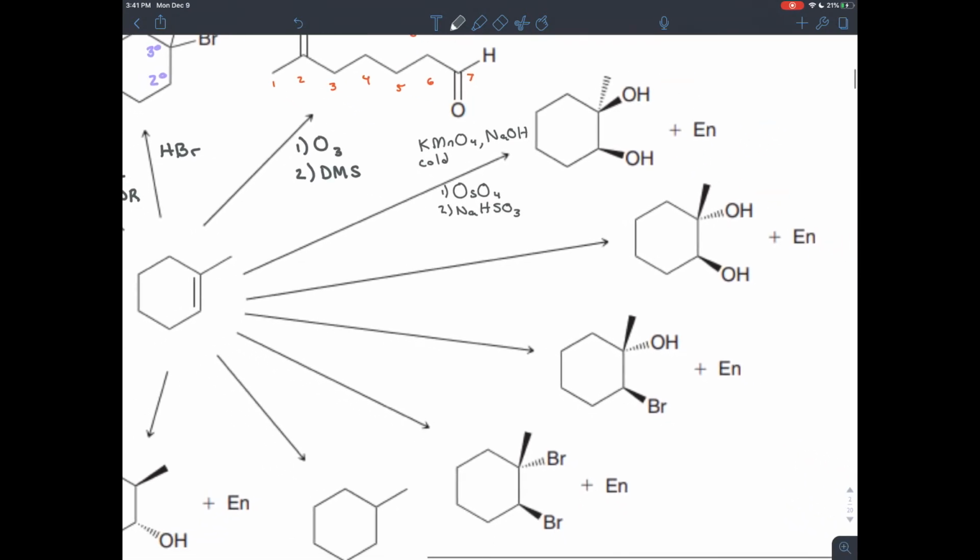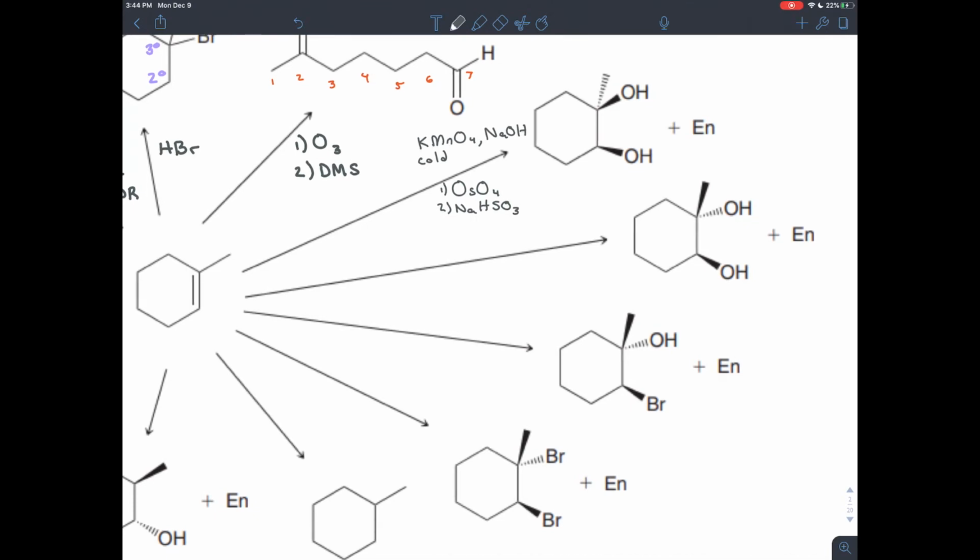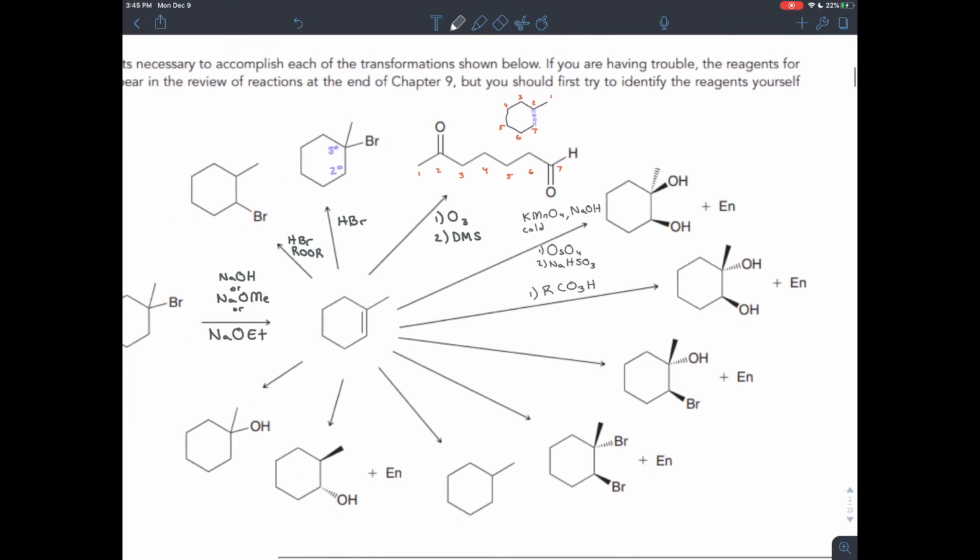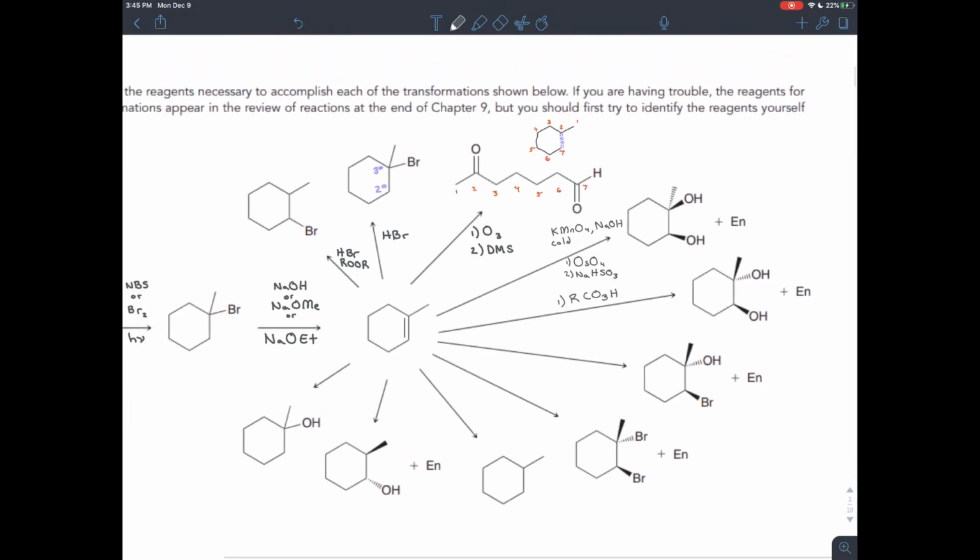Now, if you want to add two hydroxyl groups trans to each other, then you would use a peroxy acid. Now, you could just use any peroxy acid. Remember, that would be RCO3H. And the structure for that, if you remember, is kind of like a carboxylic acid. So a carboxylic acid is carbon double bonded to oxygen with an OH, but it's peroxy, so you have a lot of oxygen, so you insert another oxygen in there. So that's your COOH,